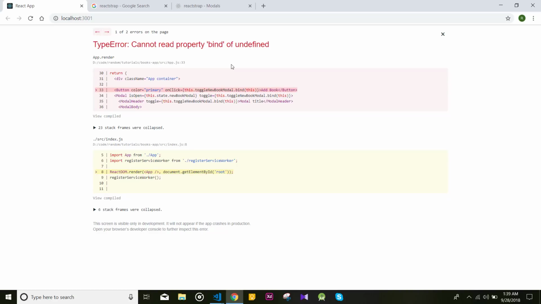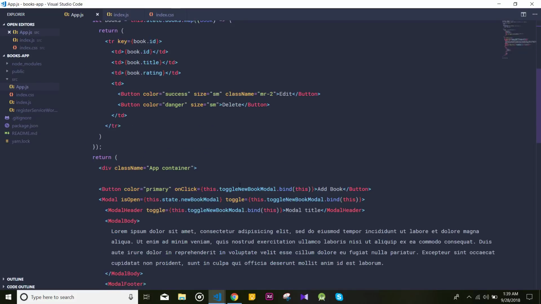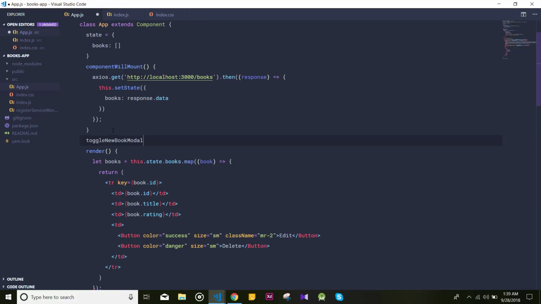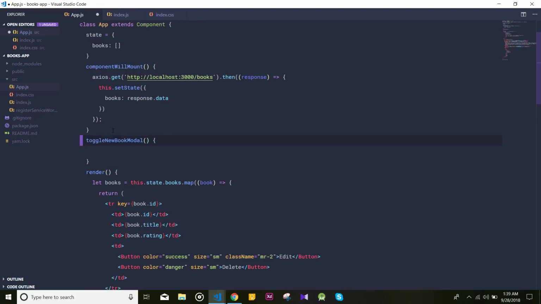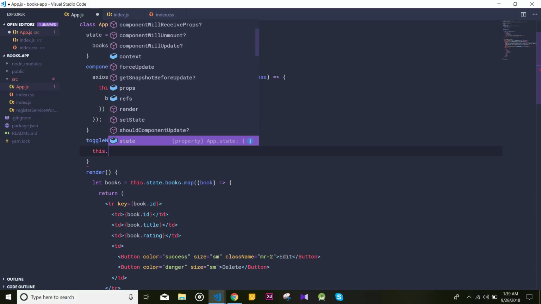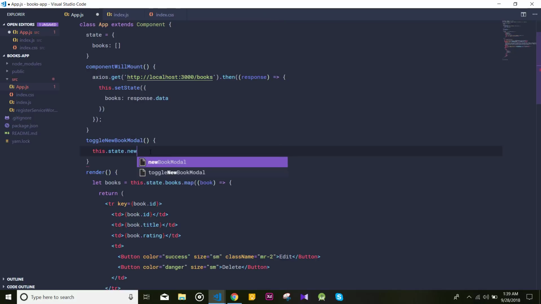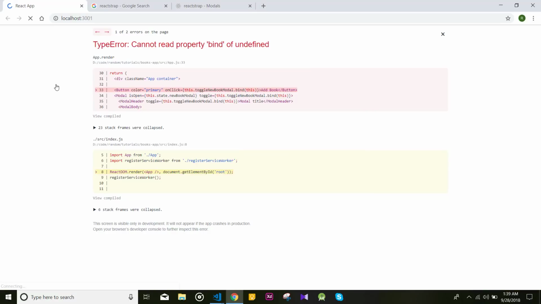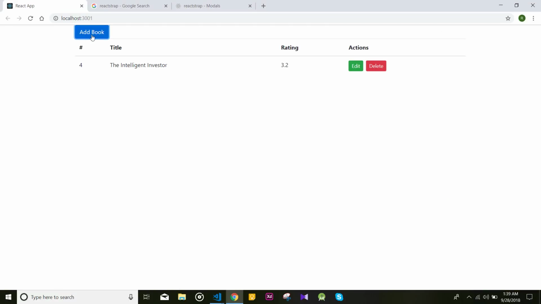Cannot read property bind of undefined. So yeah, we need to define this method right here. And what this method will do is update a state variable called new book modal, and I'm going to set this to true, where initially it will be false. So when I save this, and if I click on this, okay, so,